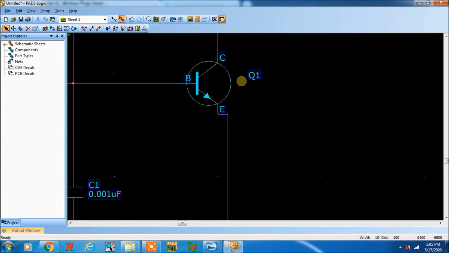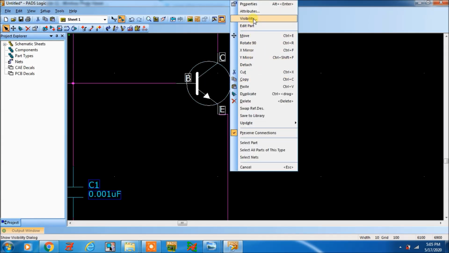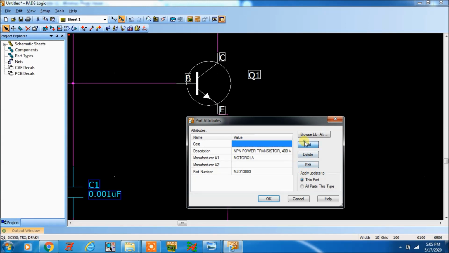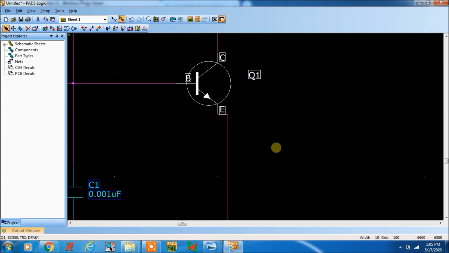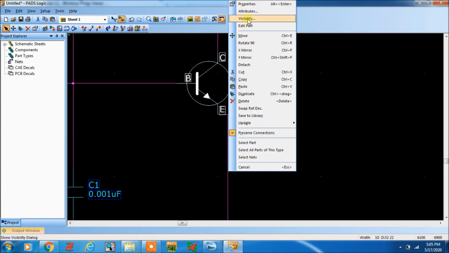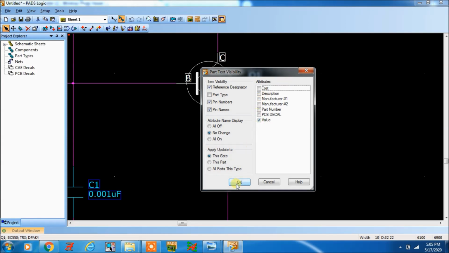Q1 here also, go to attributes, add value, BC550. Then again go to visibility value.